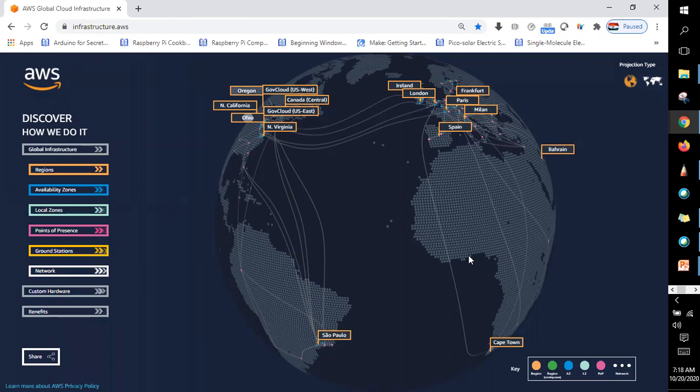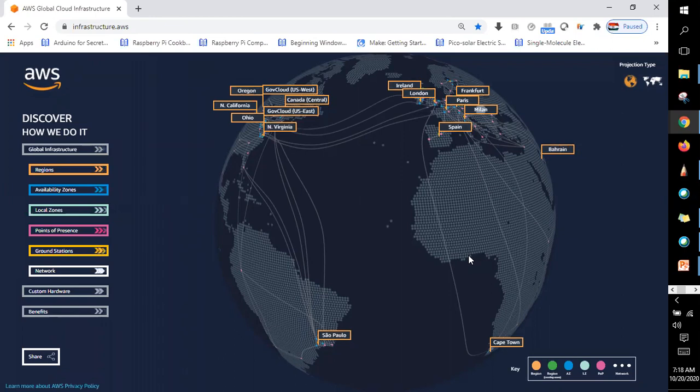So a region is covering some area, and availability zones are the physical data centers. When I say physical data centers, they have the servers, everything, maintenance and all. That makes sense. So you select the region first, and then you select the availability zone. Exactly. Wherever there is availability to utilize the servers, you select that, and that's called an availability zone.